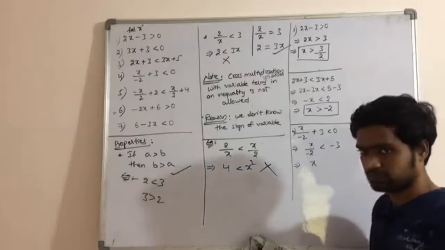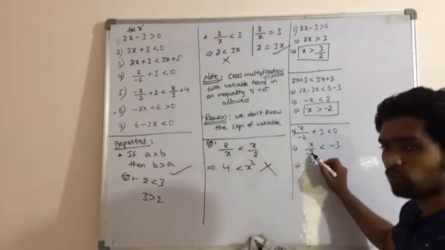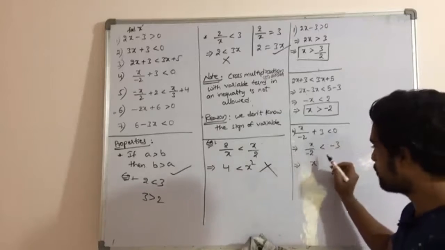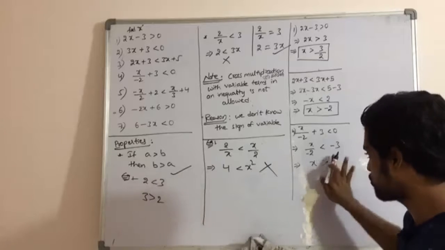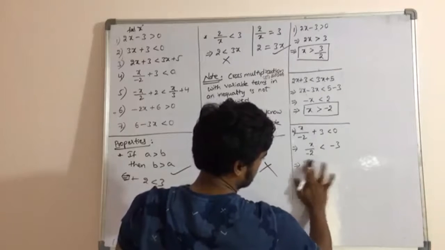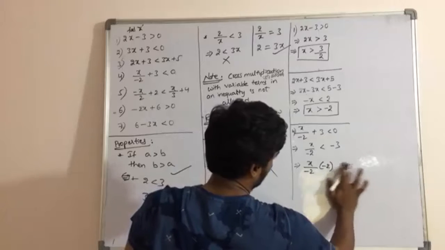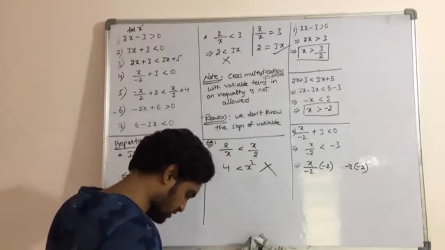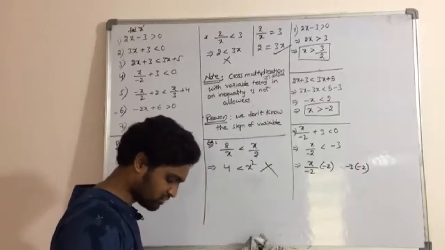Coming to this one particularly, how do you remove minus 2? This is minus 2 into x, right? So how do you remove minus 2 from the product? To remove the number in the product, you have to divide with that number. So dividing with minus 2, dividing with a negative number, again changes the inequality. So it's greater than minus 4 by minus 2, which is 2. How do you get this? Divided by minus 2.